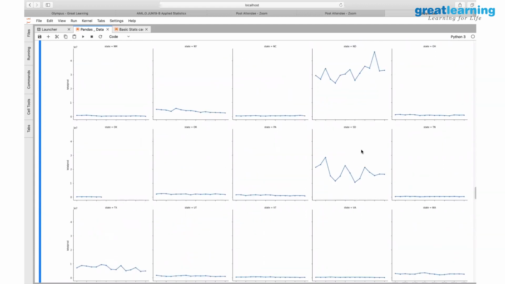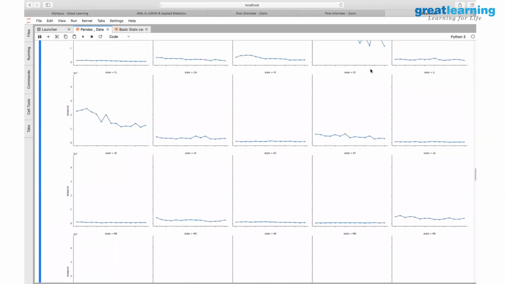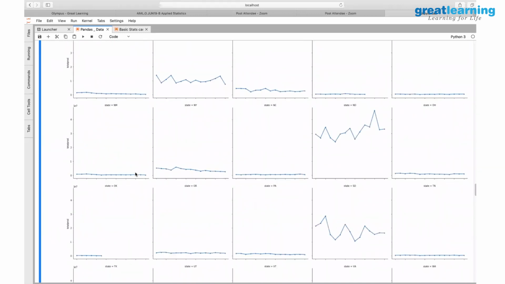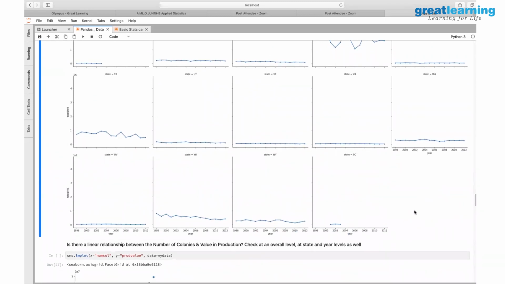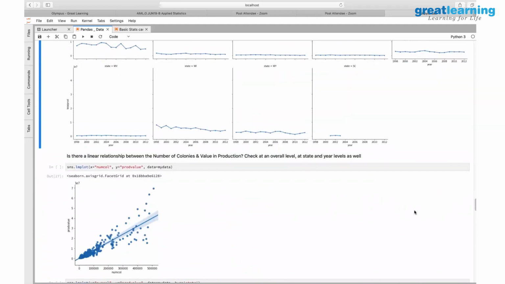So once you identify this, somebody asked about creating multiple hypotheses. Maybe I create a separate hypothesis as to why North Dakota is acting differently, or why San Diego, or why California or Florida are acting differently compared to those. You create separate hypotheses for them, and then you can do deep dive analysis accordingly. That's how you can use these graphs for your purpose. Does that make sense? Yes, sir.